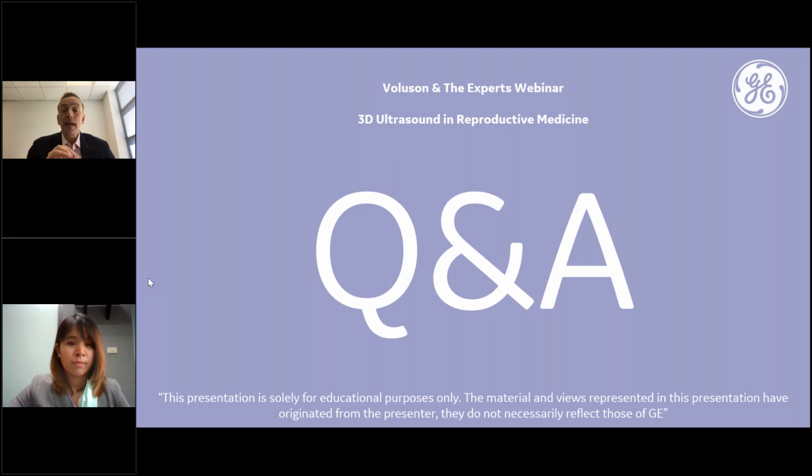So what I would do, if you cannot improve the position with gentle pressure of the transducer, the best thing to do is have a break, get the woman to comfortably fill her bladder and do an abdominal scan. So the image I showed you of embryo transfer, the quality of the abdominal scans with the Voluson systems is amazing. If I could hide the top bit of the picture, I think some of you would mistake abdominal scans